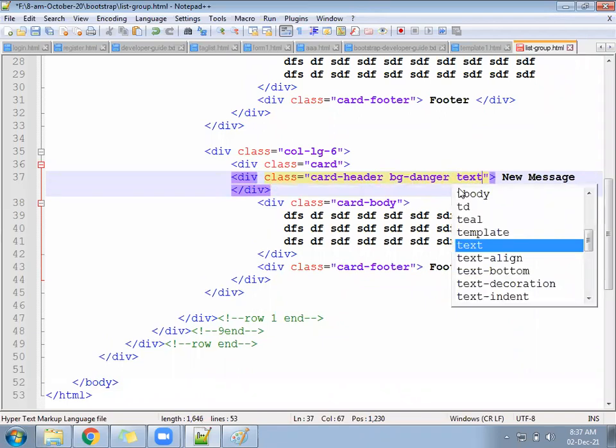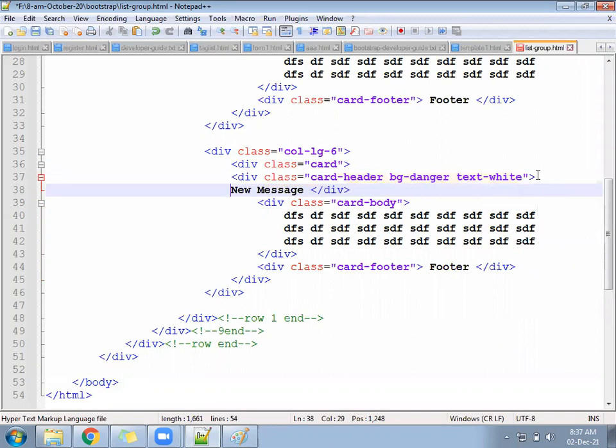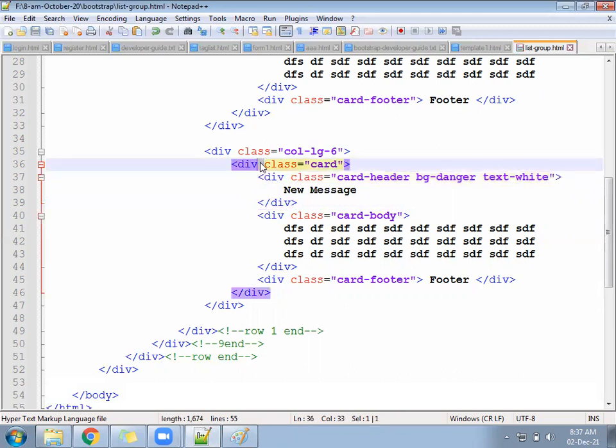Then text-white. So the background of the header will be red color and the text inside the header will come in which color? White color. Check now, the red header will generate.